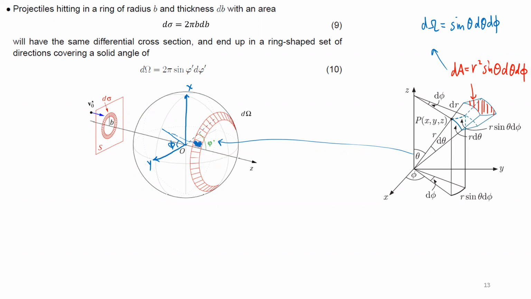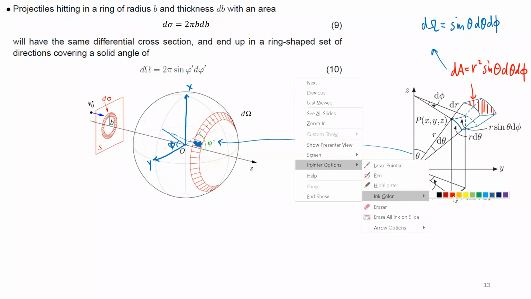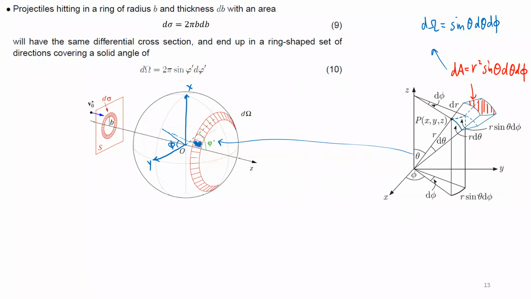The problem itself does not depend on this phi angle. The meaning is that if I rotate the whole system like this by any angle, the entire system is not changed, because it's a central force problem. So if I know that the particle which passes through the top element in this ring will reach this top detector over here,